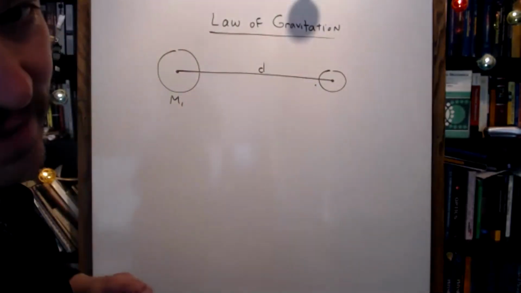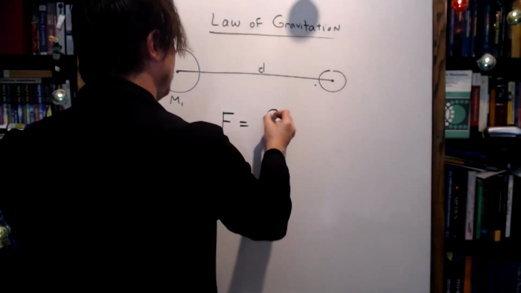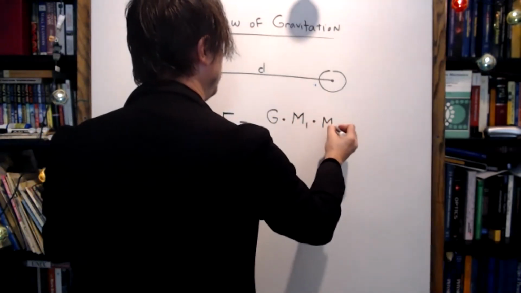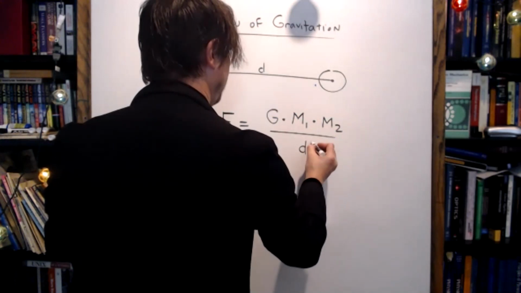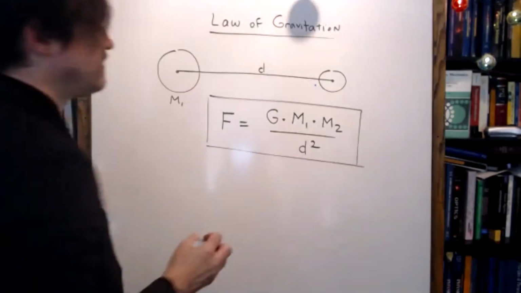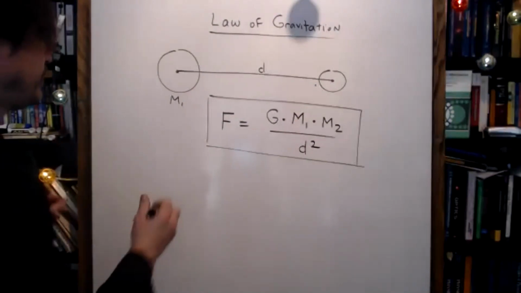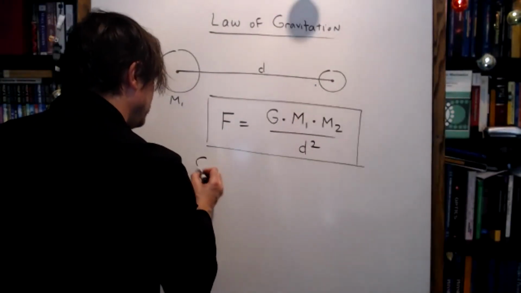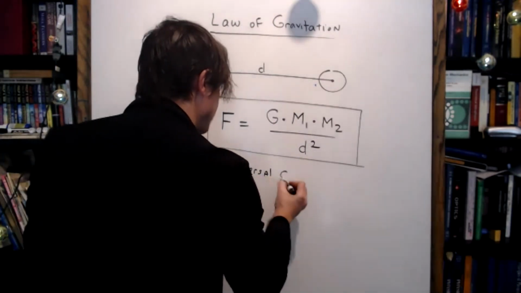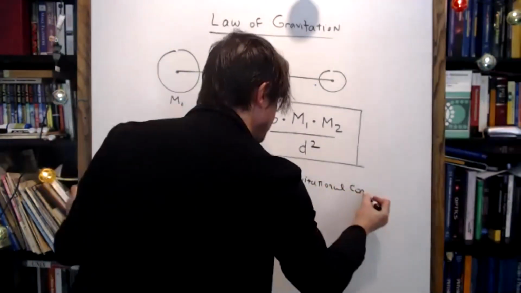Cavendish was then able to rewrite the formula in this way. The force of gravity is equal to big G times the product of the two masses divided by the distance between them squared. This is Newton's law of gravity, although it should be called Newton with help from Cavendish's law of gravity, where I have introduced big G, known as the universal gravitational constant,